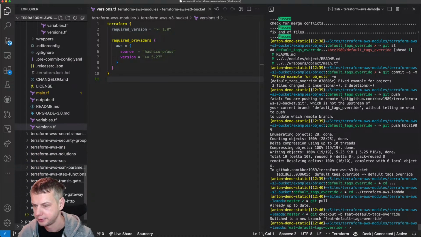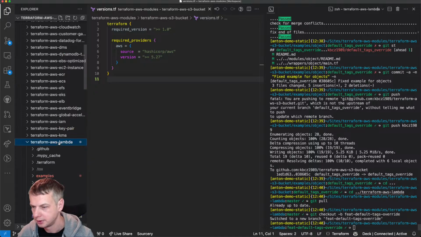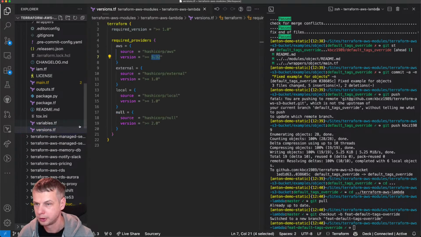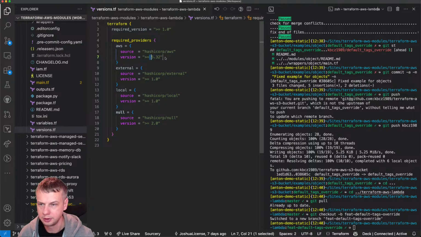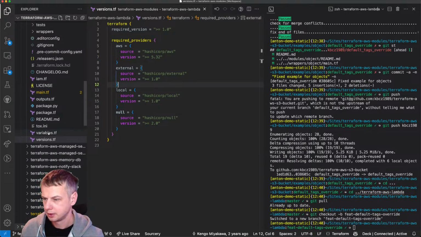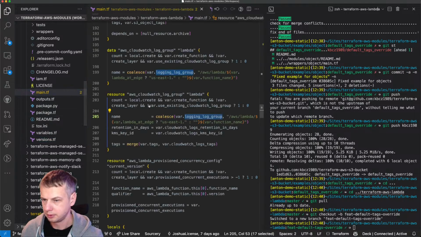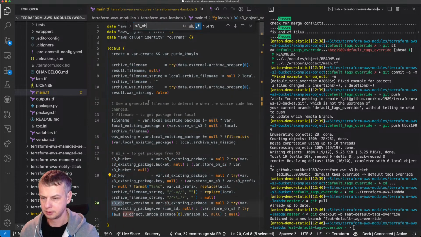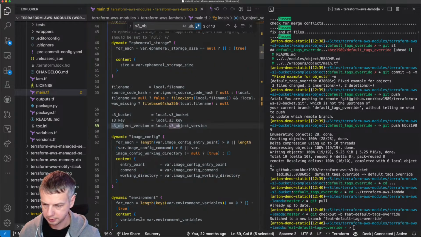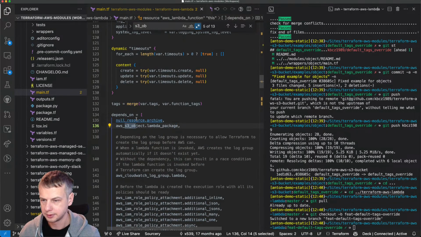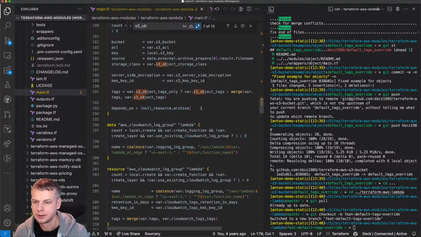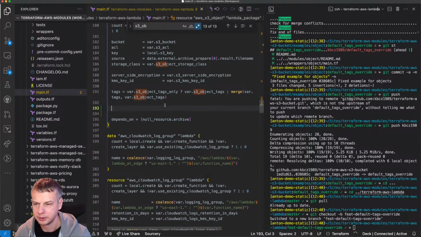Okay, so now let's find this Lambda module. Version is already pretty new. Good, we don't need to do anything there. We need to find this S3 obj. Where is this S3 obj? Here it is, S3 obj. And somewhere here we're going to put this.